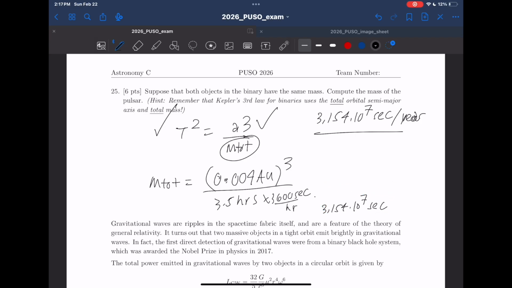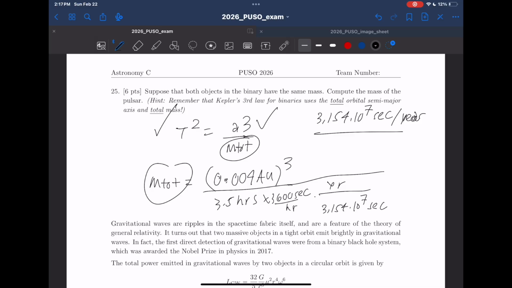Because when you're doing this form of Kepler's third law, you're going to want everything in terms of AU and Earth years. And if you do that, you'll get your units in terms of solar masses. So then doing this, you should find that the total mass,